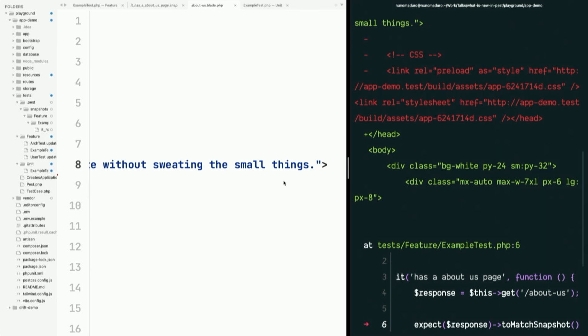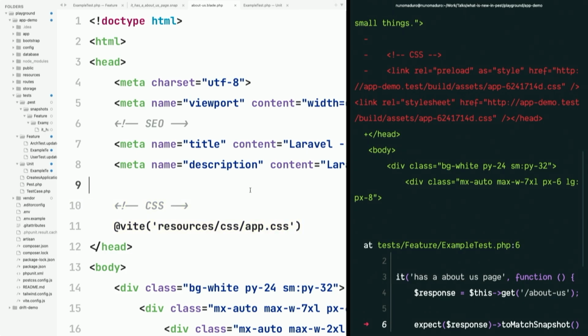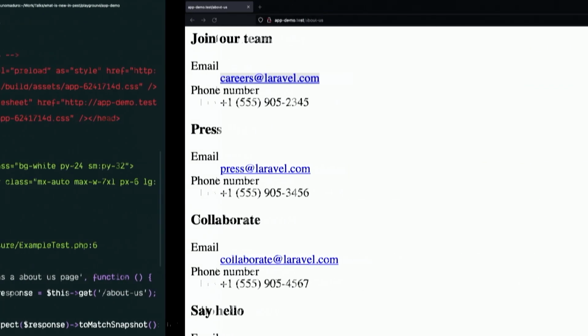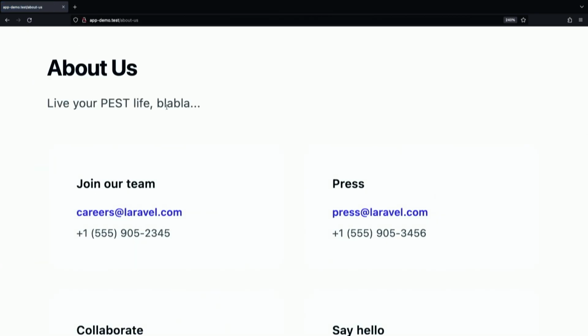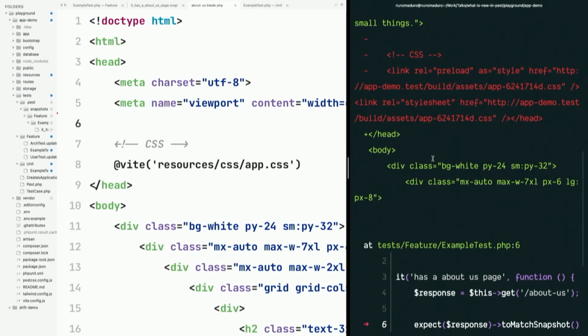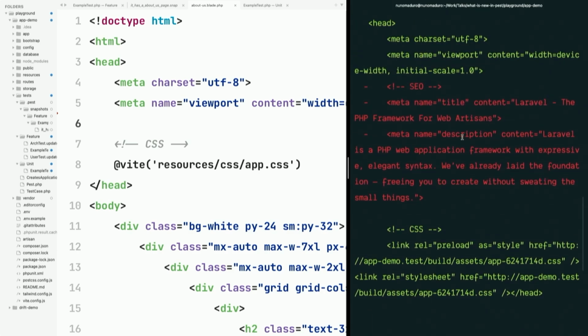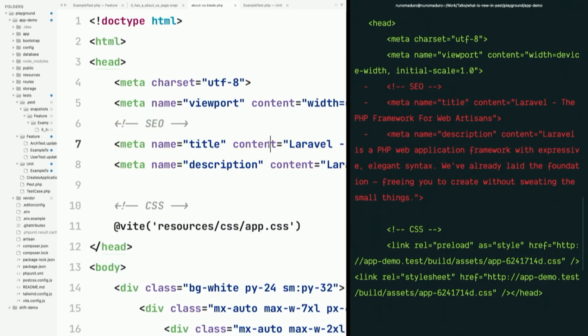Even better, if I were to re-add the CSS, and now I'm going to remove the SEO, just like that. SEO gone. Now, visually, when I remove the SEO, our page looks okay, right? However, Google search will just hate the fact that there is no SEO. So I'm going to run Pest now, and you will see that Pest will detect that the SEO is missing on top. So with one line, you are testing the entire thing. How nice is that? One question that you may have is, how about when I actually need to change